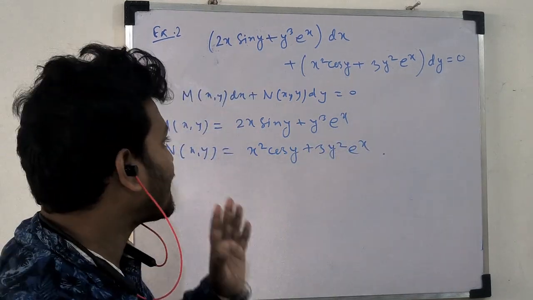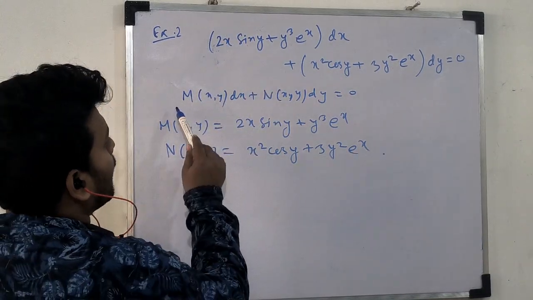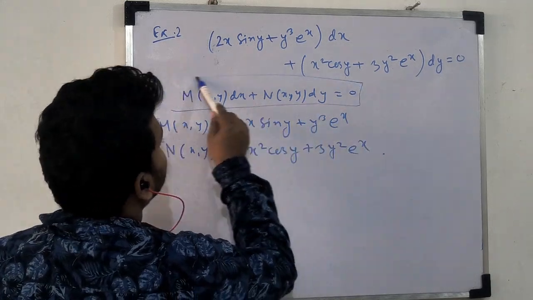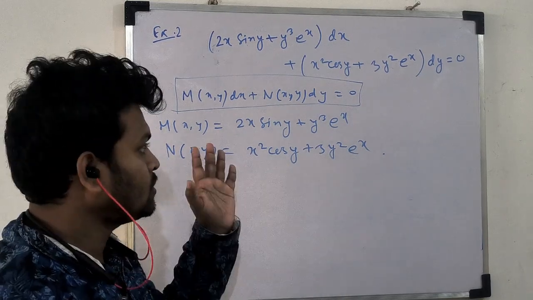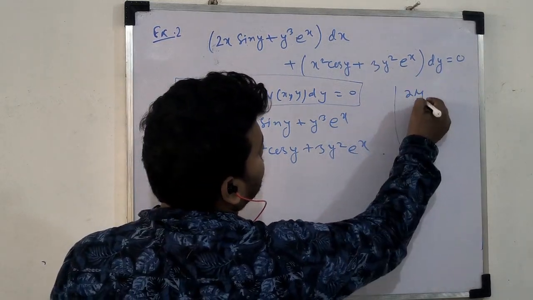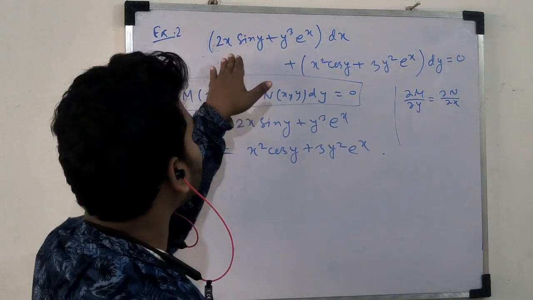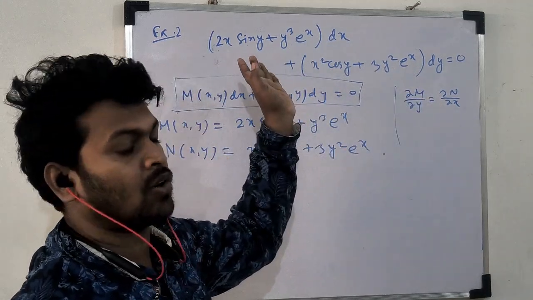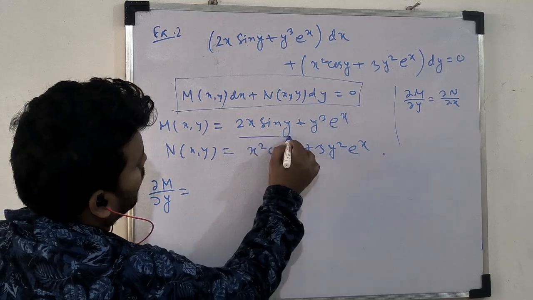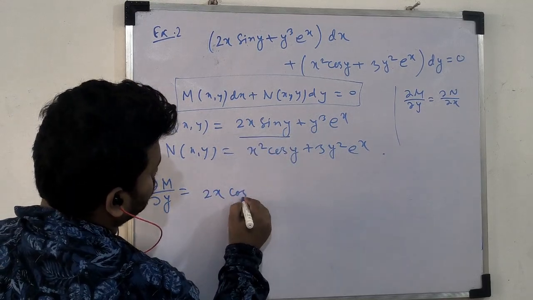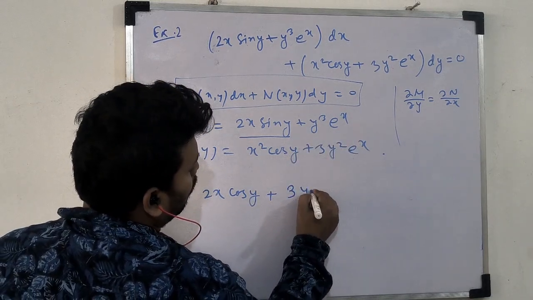Whenever you are trying to check the exactness of a differential equation, you make the given differential equation in this form, and then you compare with the theorem, and you have to check whether del M del y equal to del N del x or not. If equal, then this differential equation will be exact. If not equal, not exact. So for this we find del M del y. With respect to y, 2x is constant, sin y becomes cos y, plus, differentiating with respect to y, y cube becomes 3y square,